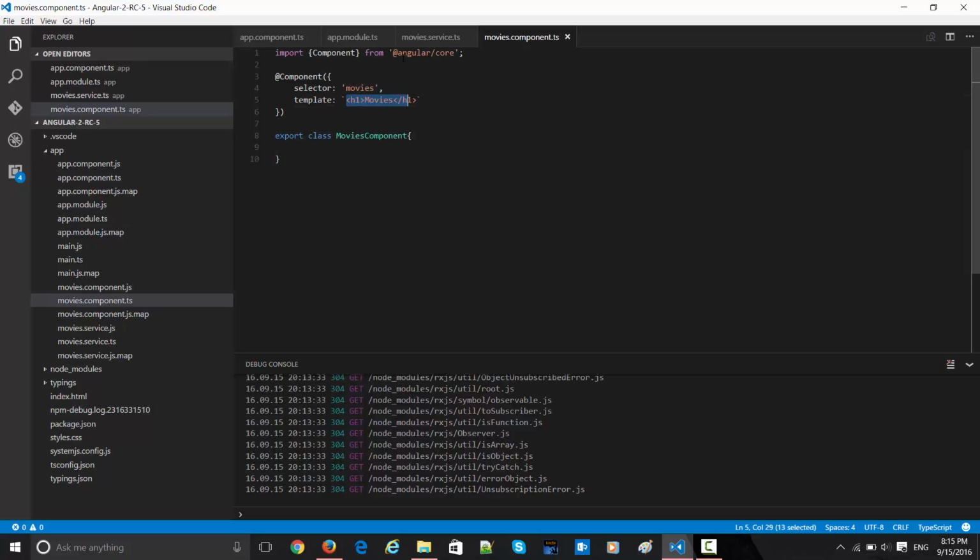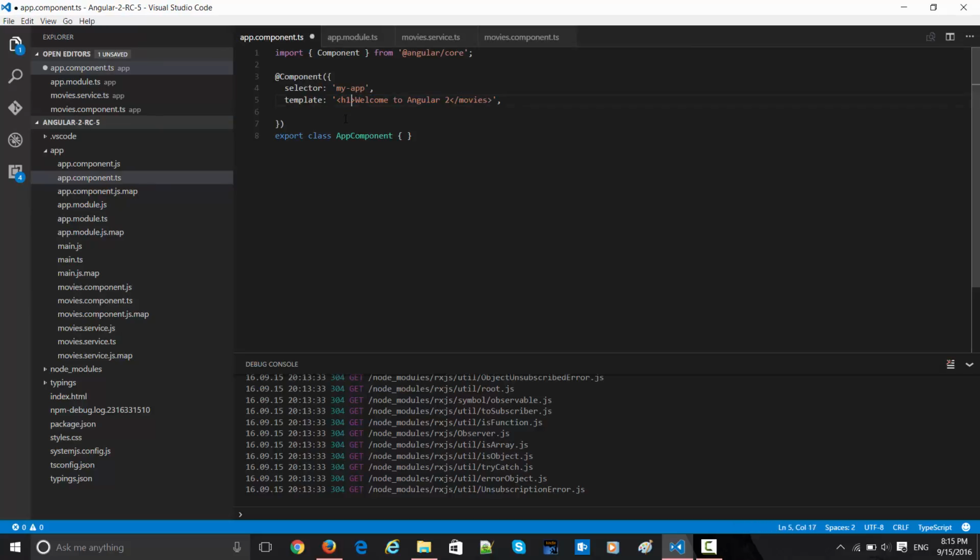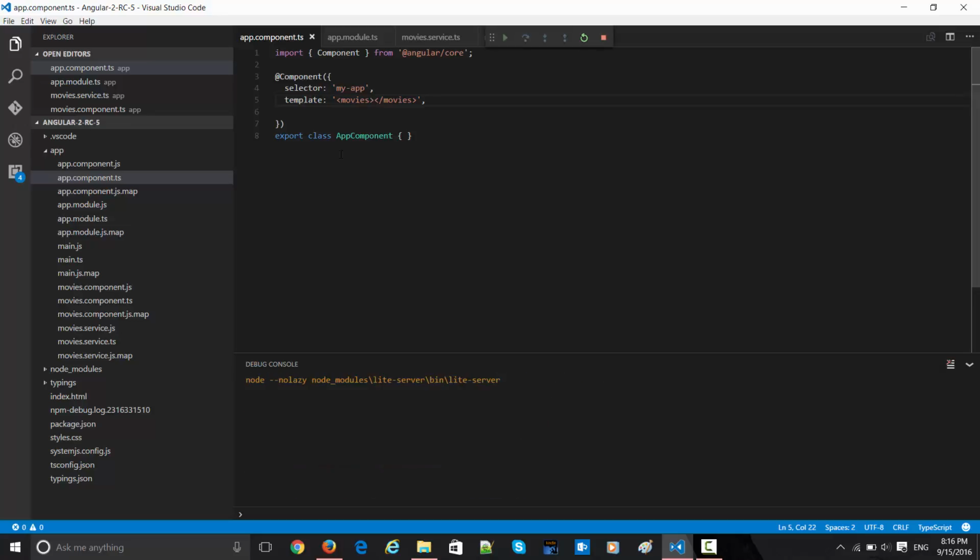Now let me go to this app component.ts, and rather than emitting this over here, I'm interested in emitting this piece, the movies piece. So I would rather put this movies here, and it will just inject it here. Let's build this app and see how it behaves. So when I just run this,